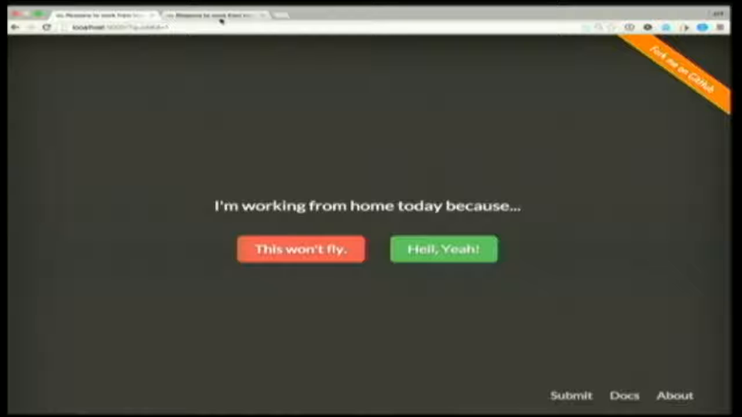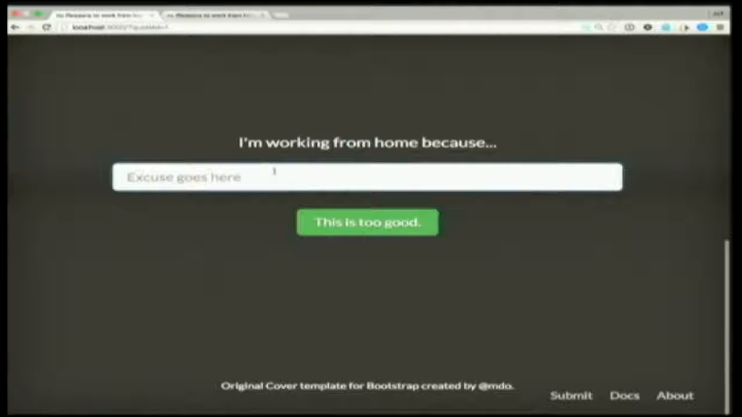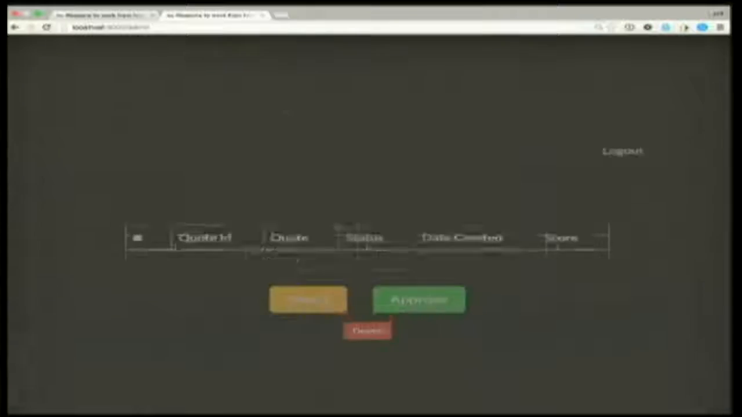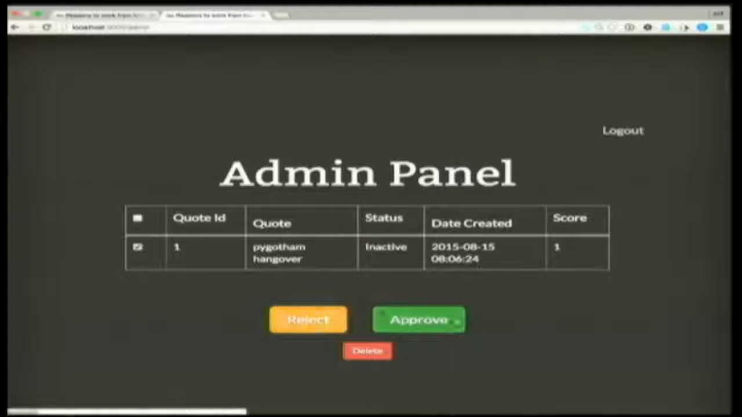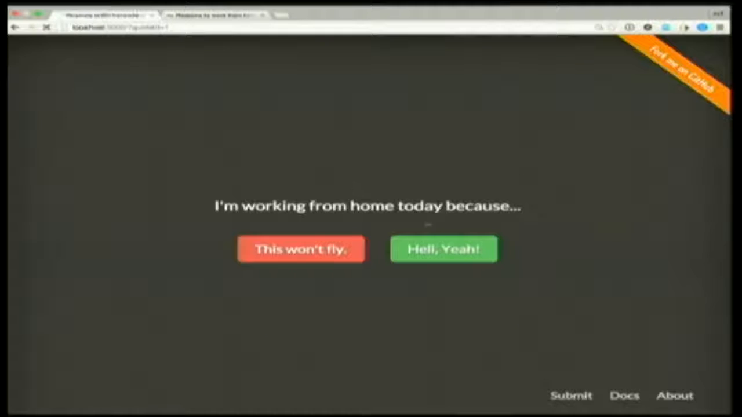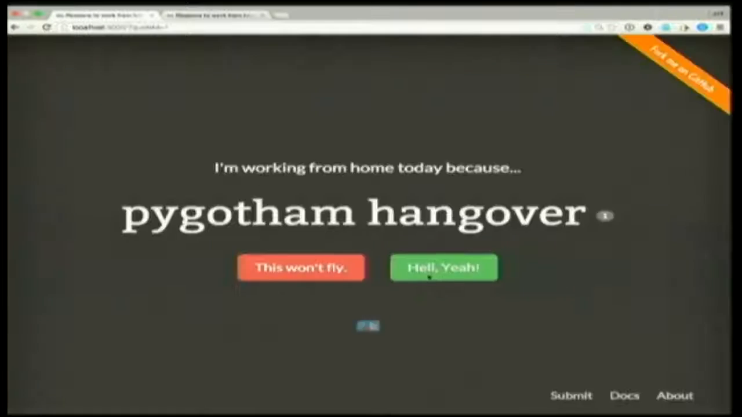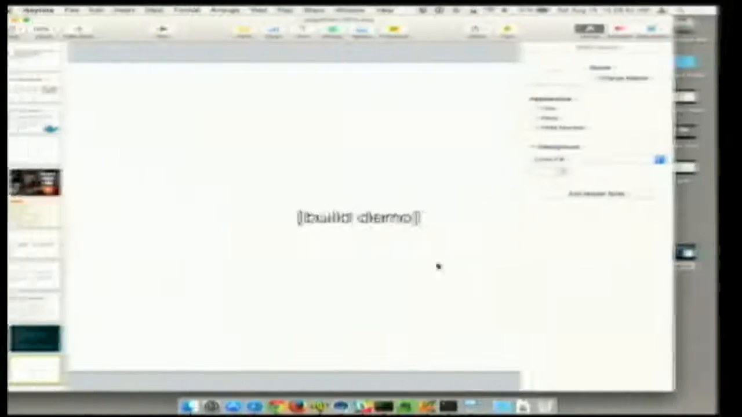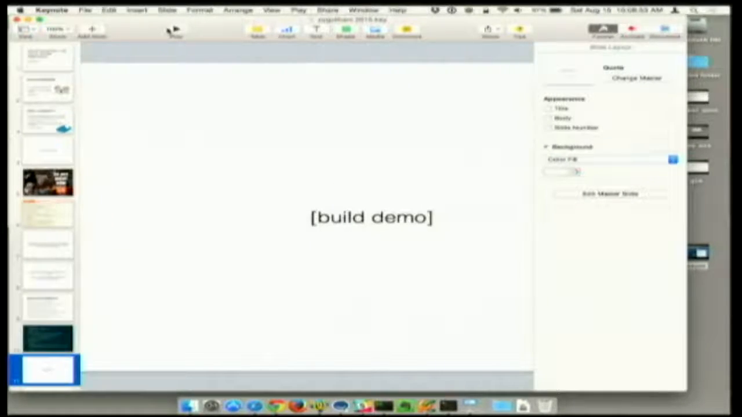If you didn't have a chance to see this on Hacker News, people can just submit things like a Gotham Hangover as a reason to work from home. There's an admin panel. I can approve it and go back to the app, and then we can just upload it a whole bunch of times. So that's the basic container, and that's the actual container that we're going to be running with for the rest